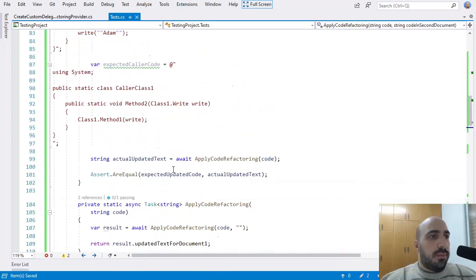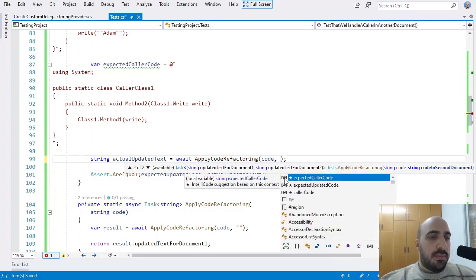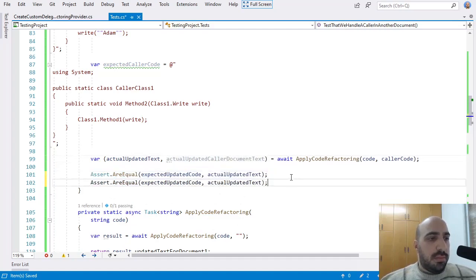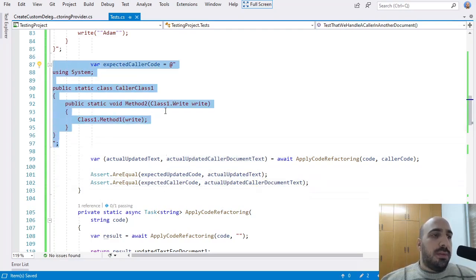Okay, and here in the second test where we are interested in the second document, I'm going to use the overload of apply code refactoring that deals with the second document. And here I assert that the caller document was updated in the way that I want it to be updated.